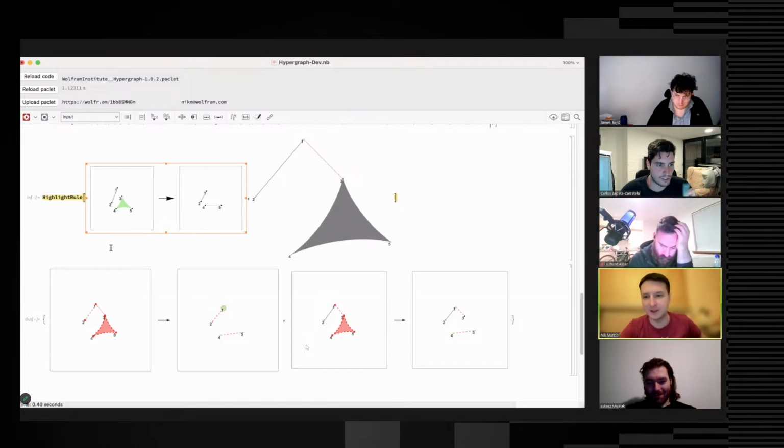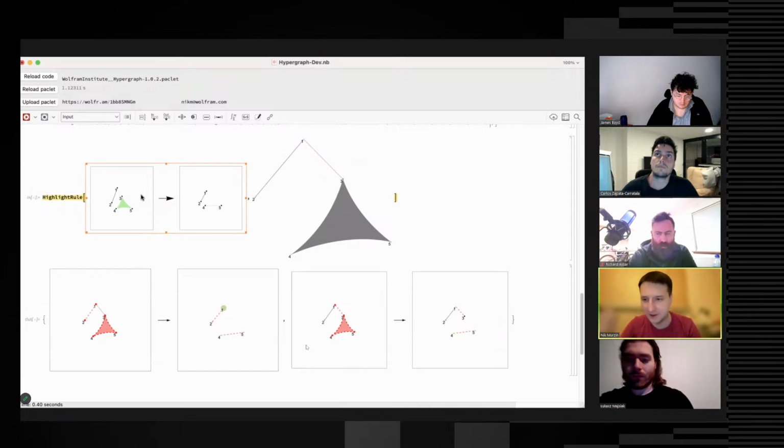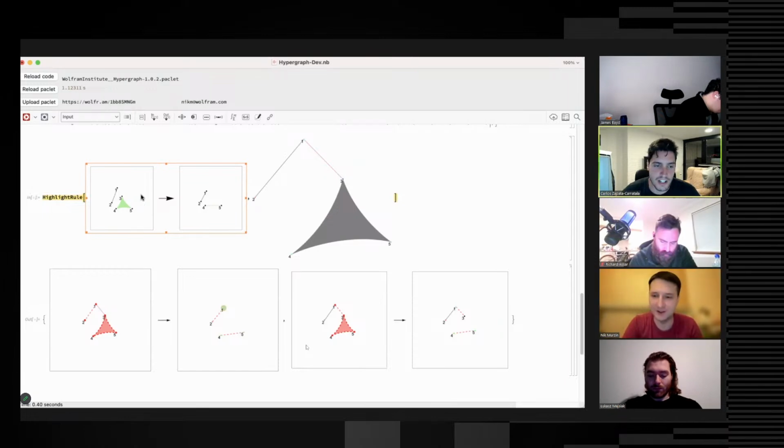But here it's even more powerful than that. Because here the hypergraph can also handle naked vertices. I can add on the left-hand side a vertex without any edge, and it can also match an arbitrary vertex on your input hypergraph, and it can be removed. Actually, now that I think about it, that makes sense, because these are hypergraphs, not necessarily labeled hypergraphs, right? So I think this should be fine. Yeah, exactly. Okay, sorry, that makes sense. Apologies.